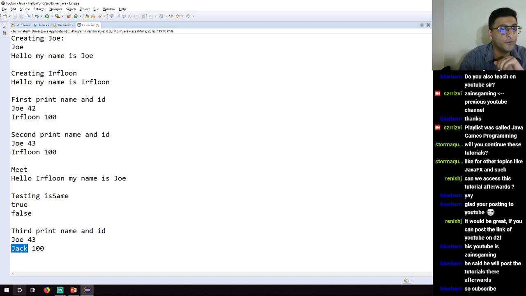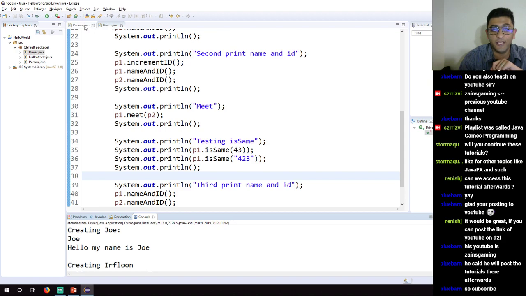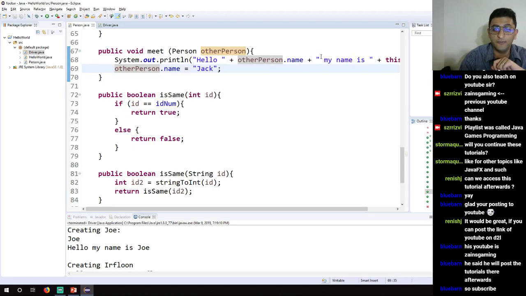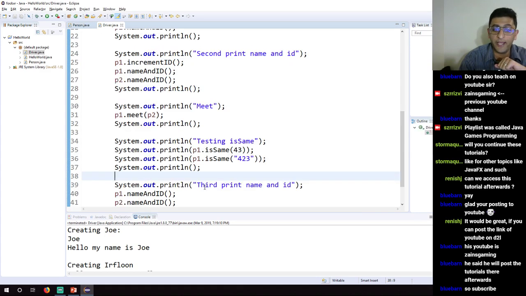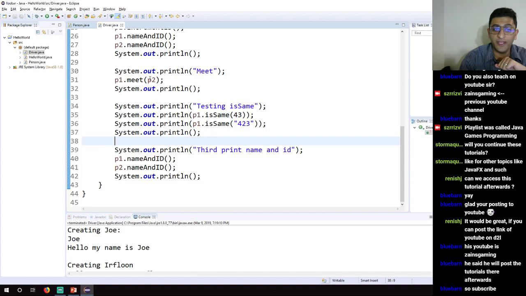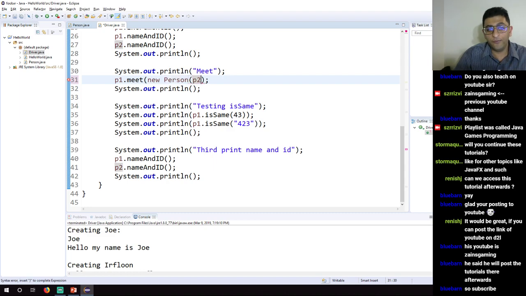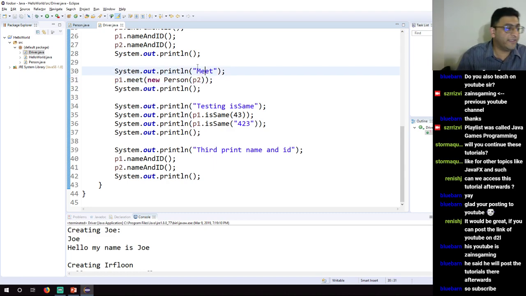So there is a privacy leak going on, in the sense that the other object here, the reference for P1, is able to change P2's name. So we want to prevent that from happening. Now the way we can do that is, instead of passing P2 on its own, we can create a copy of P2